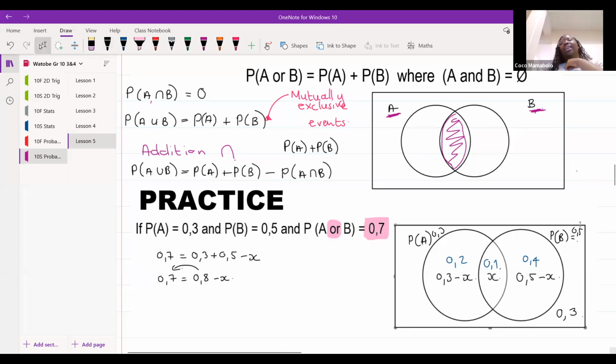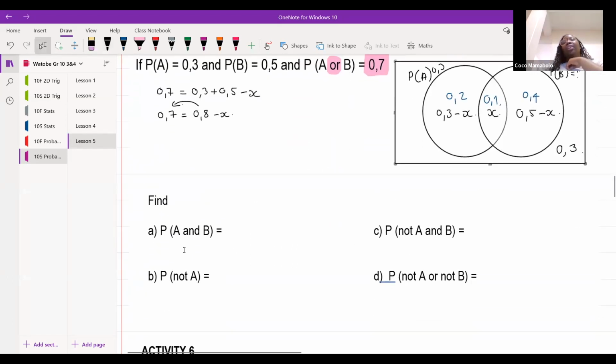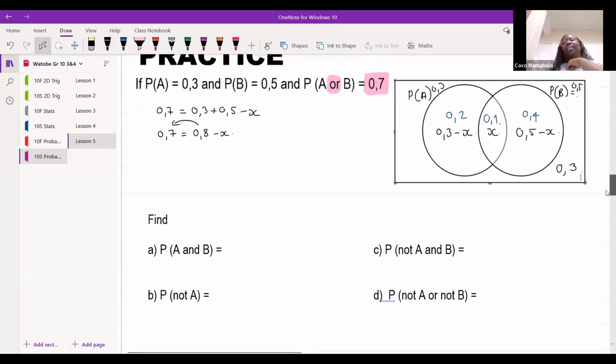All right, okay, let's get to the questions. I want you guys to answer these questions A, B, C, and D on your own. When you're done, you know the drill, peeps. Pop your favorite emoji in the chat. Okay, go for it.